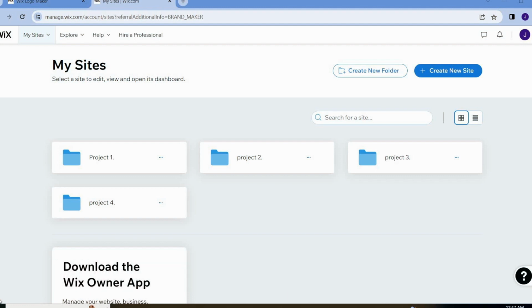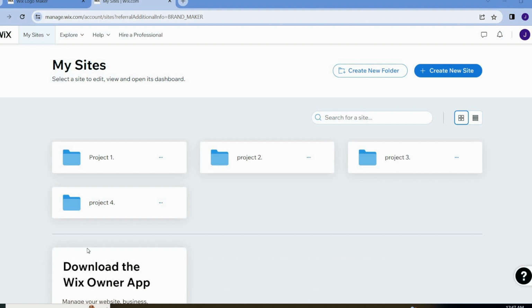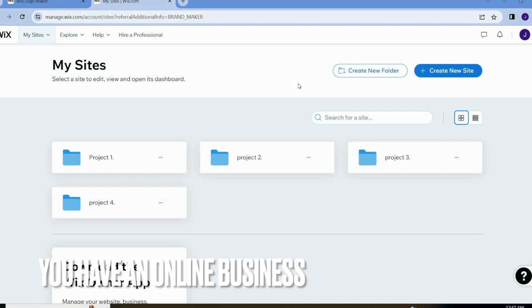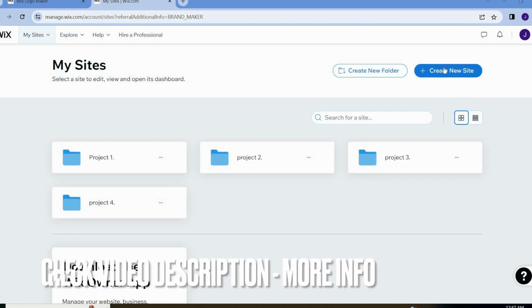How to create a new website on Wix.com. So guys, this is a very easy way to create a website on Wix.com. You just have to create an account on Wix.com and then you will see this type of window on your screen. Once you reach this window, you have to click on create new site,